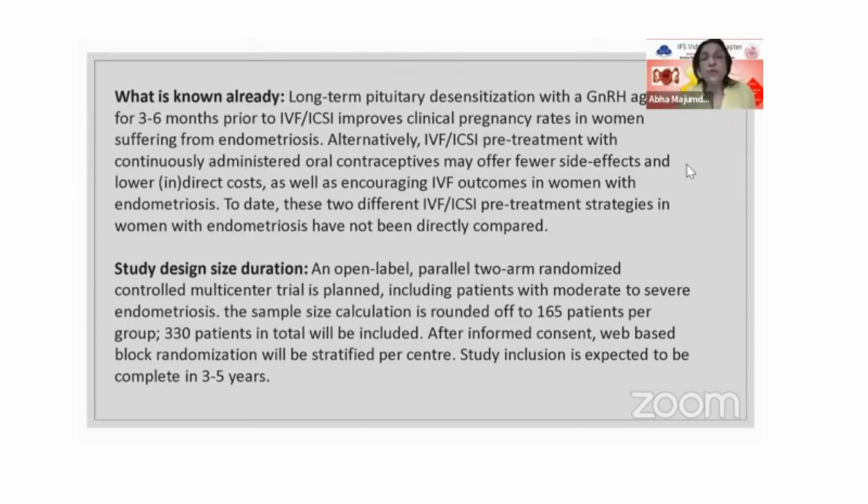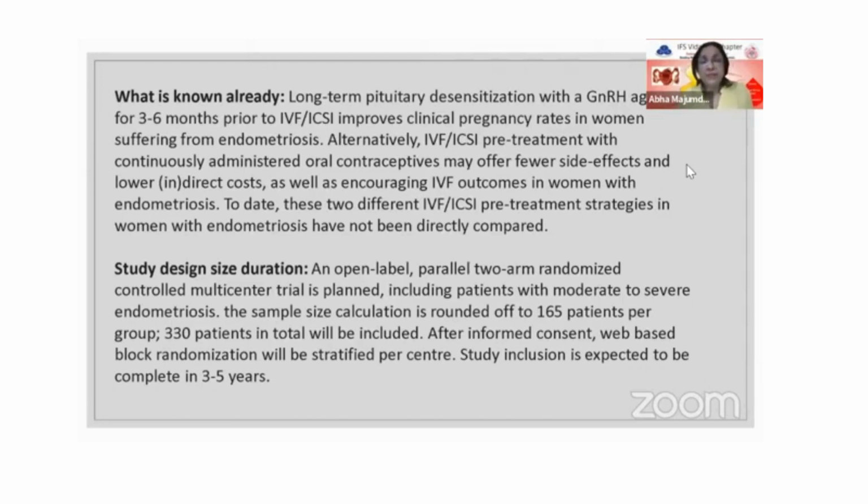So what they propose to do is a 2-arm study. On one arm, they would give GnRH agonist long depot preparation for however many months. And on the other arm, they would give just continuous OCP, where no menstruation, no ovulation would happen. And this was an open label parallel 2-arm randomized controlled multi-center trial that has been planned. It is still underway. I searched for the results yesterday and it's still underway, including patients with moderate to severe